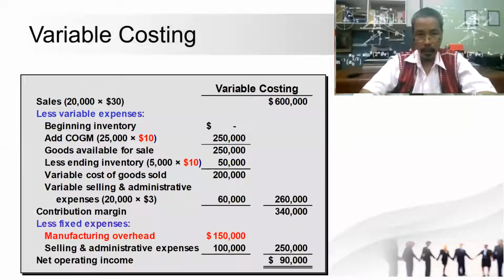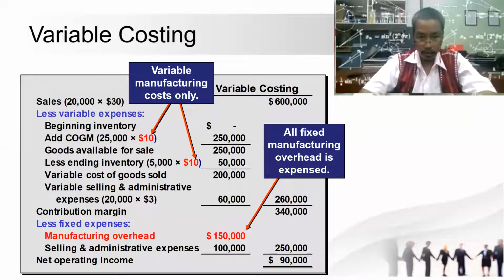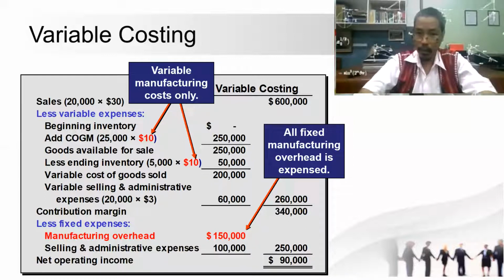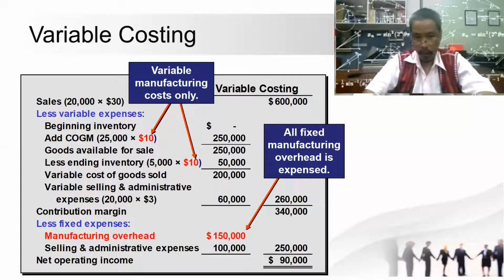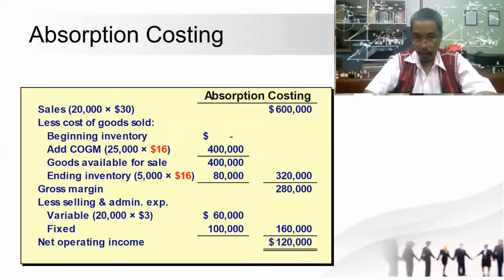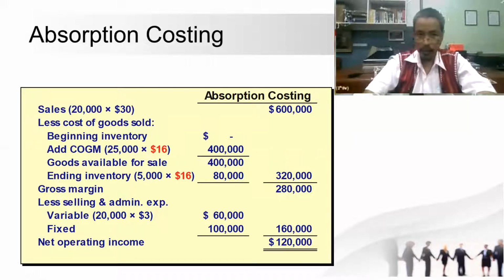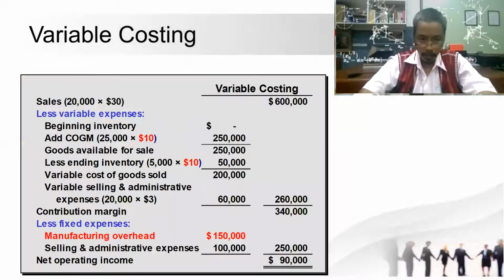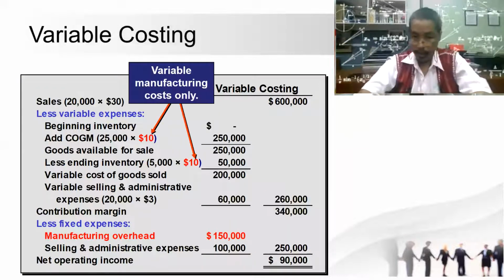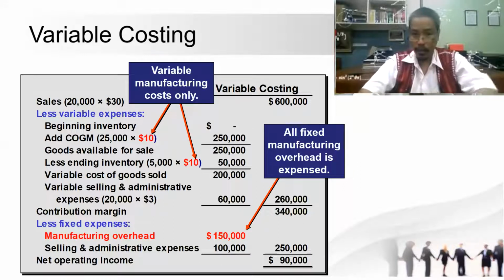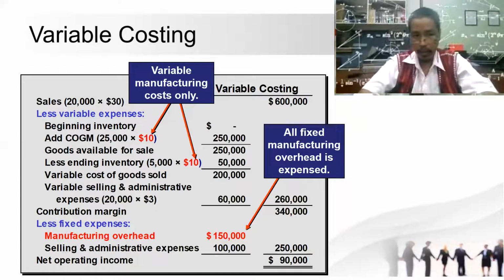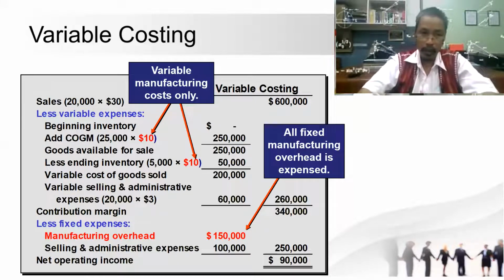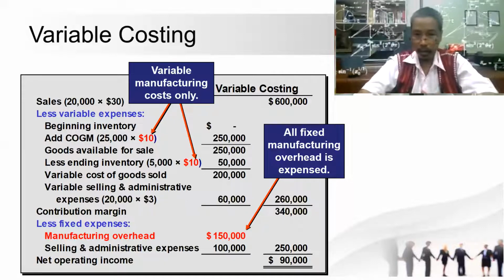What about for variable costing? For variable costing, the same amount of sales. And you can observe our net income using absorption is 120. Now, our net income is only 90 by using variable costing. Why? Because we have the same sales, but we have to less the variable expenses in order to